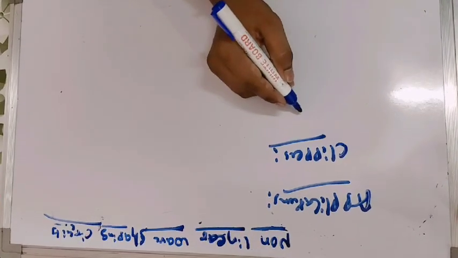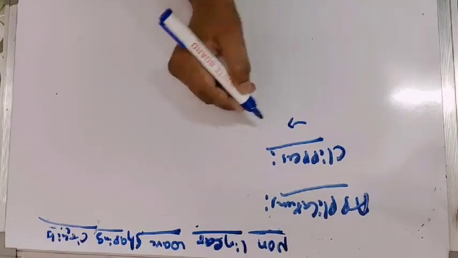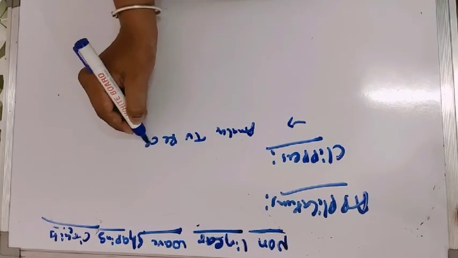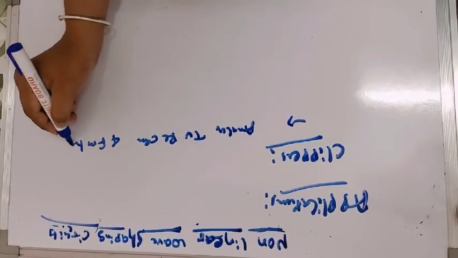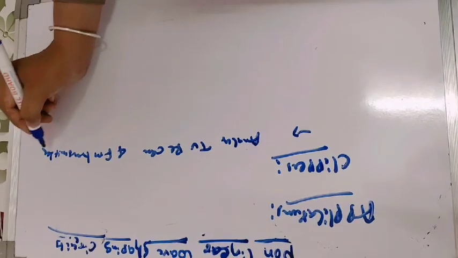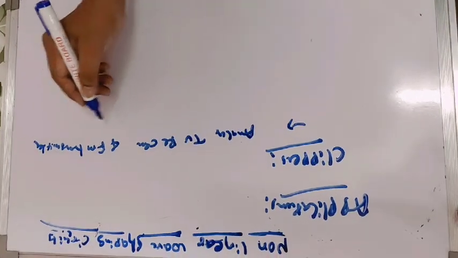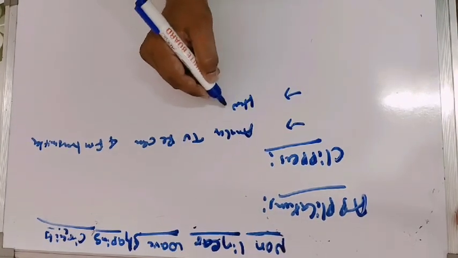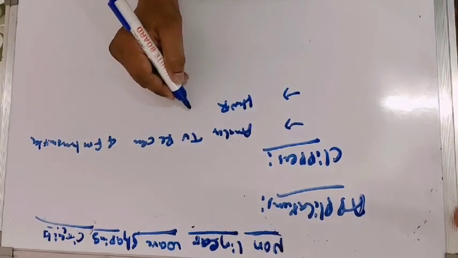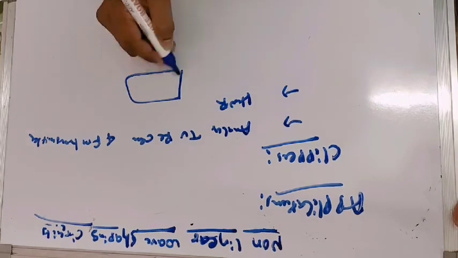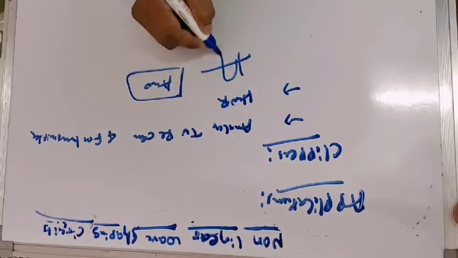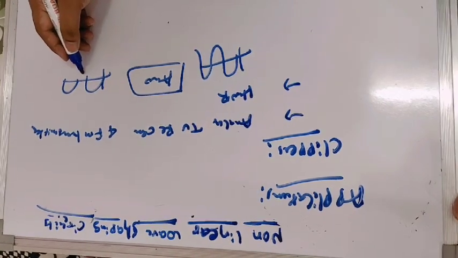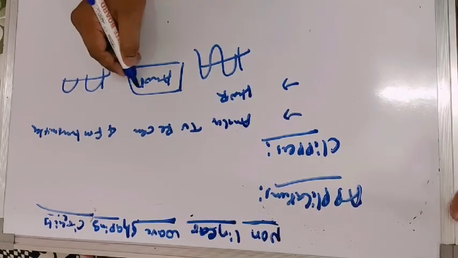Coming to the applications of the clippers, the clippers are generally used in analog TV receivers, as well as in FM transmitters to remove unwanted noise peaks which are present in the signal. And one more application is the half-wave rectifier, which is considered a clipper circuit, in which the half-wave rectifier converts AC signal into a pulsating DC signal and removes negative portions. So this is called a negative clipper.